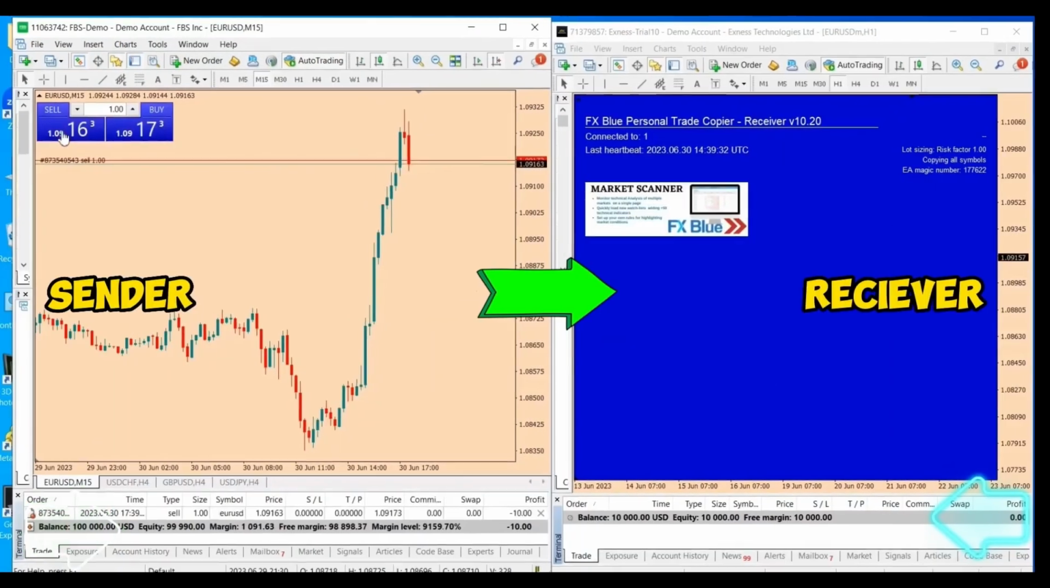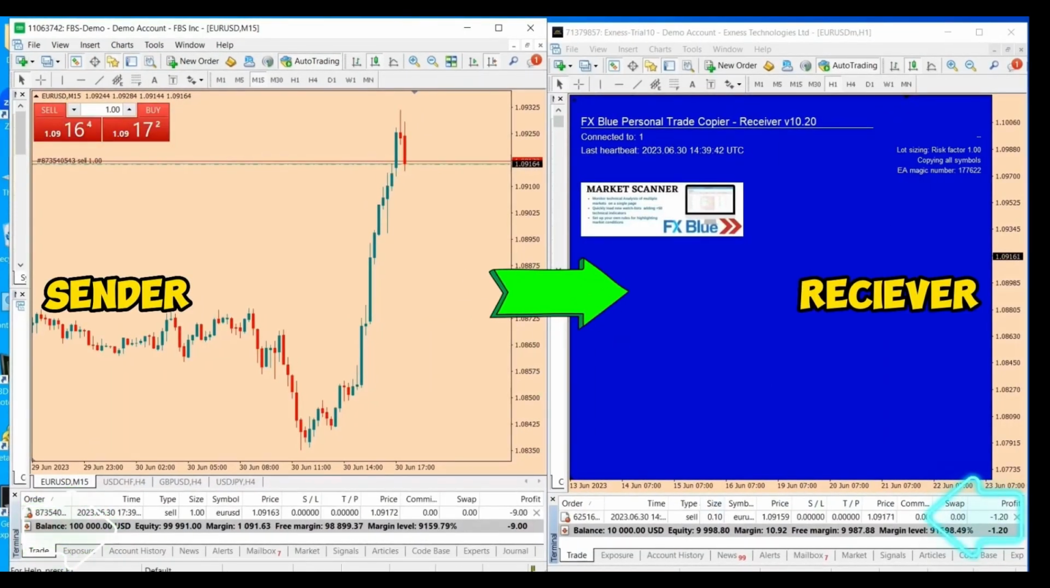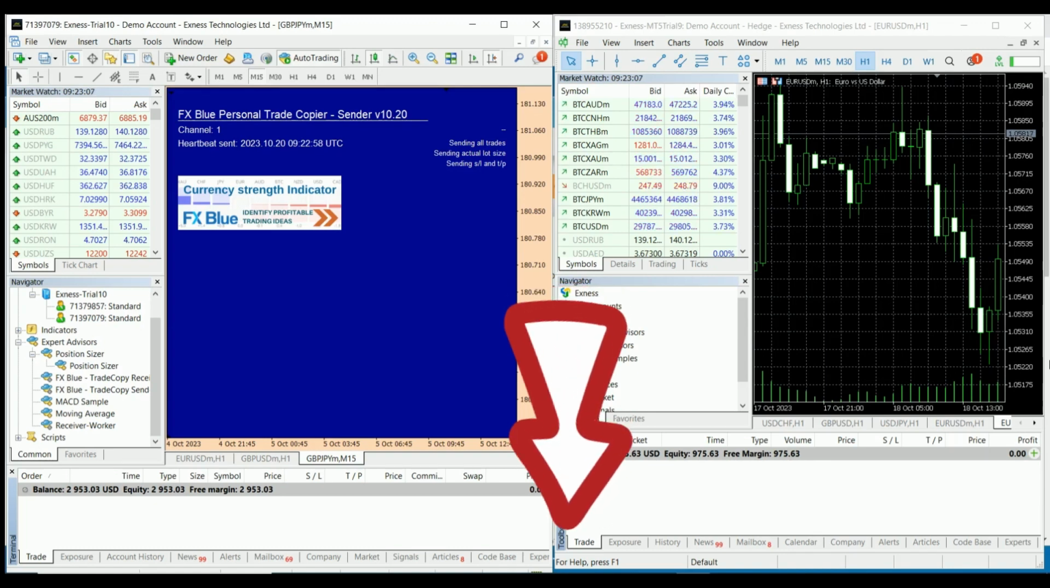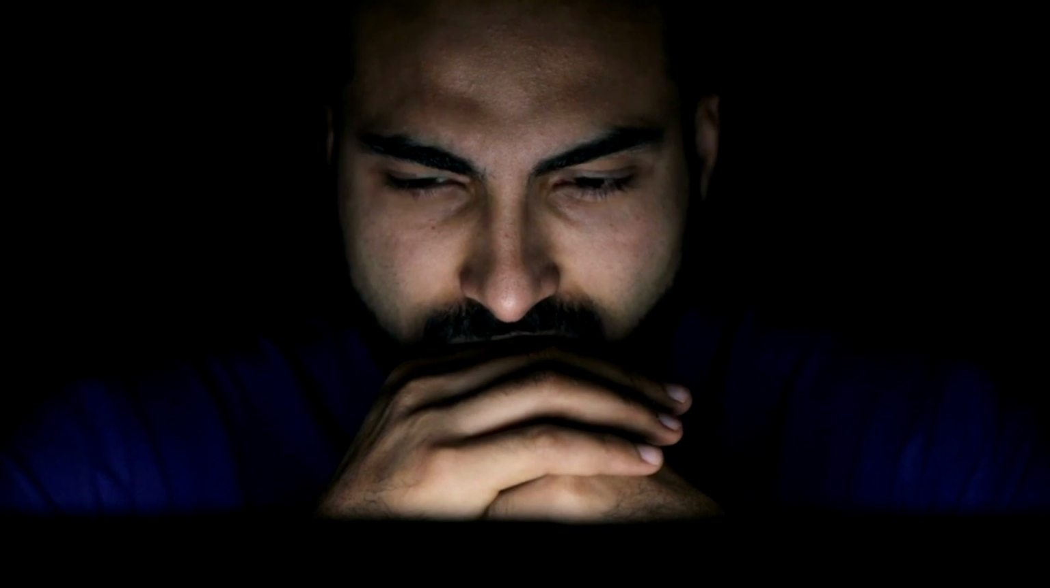Check this out. How to set up this trade copier has been explained in part 1 of this video. Check the pinned comment of this video to watch part 1. This particular video is to address some of the questions and challenges some viewers faced after watching part 1, like,